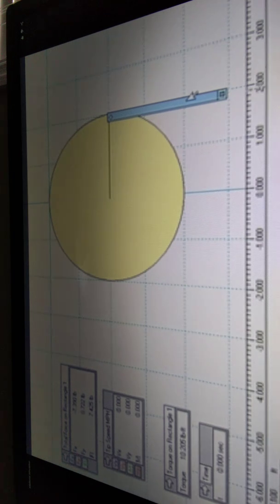I paused it for a minute because I wanted to make sure of the weight of the bat. The weight of the bat is a little under 2 pounds, 1.8 pounds, which is approximately 31 or 32 ounces. So this is about 34 inches long and about 33 ounces. So as I move this,